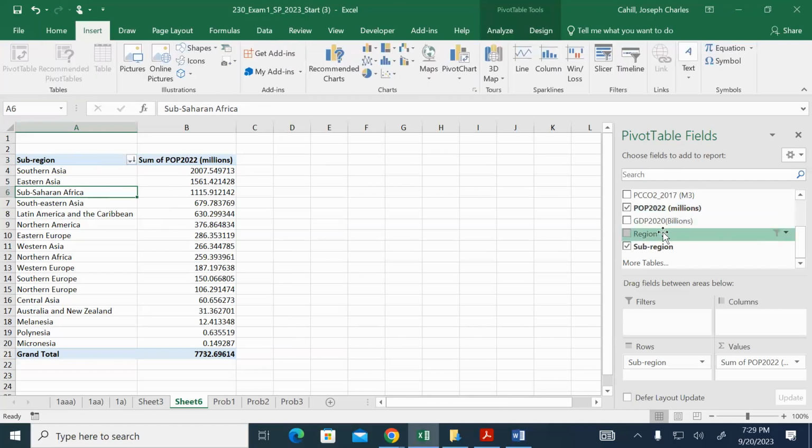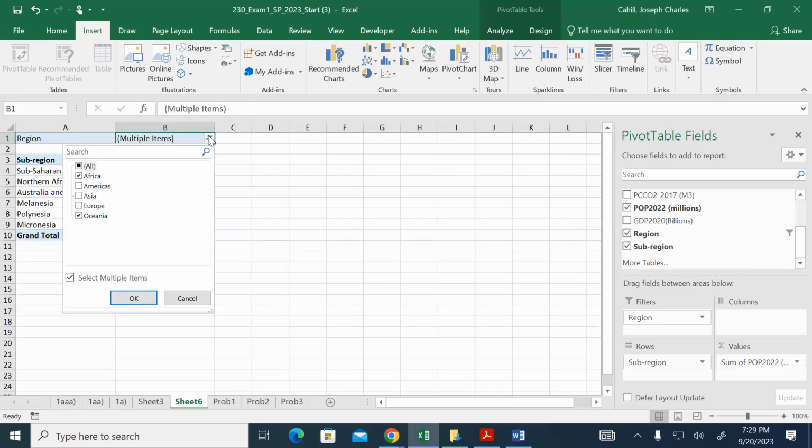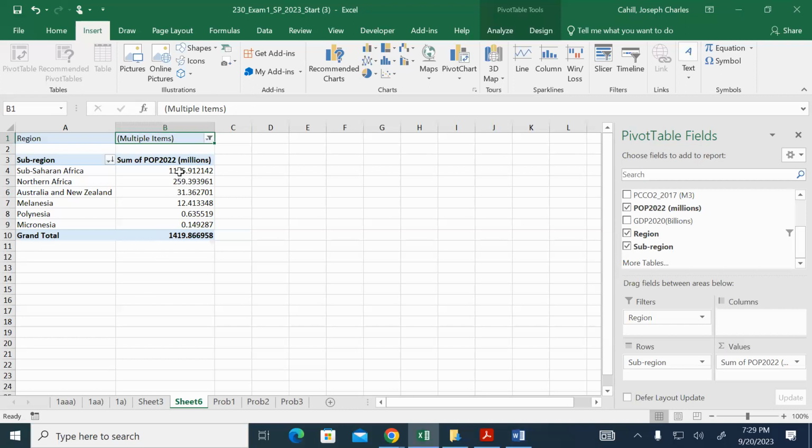Okay, here, I'm going to do it from the pivot table. So region, we specifically want to filter by region. So I'm going to drag this into the filter column, right? And it's going to give me this filter up at the top. And then it'll have all of them selected originally. And if I just want Africa and Oceania, I can just check those two, click OK, and there's our answer